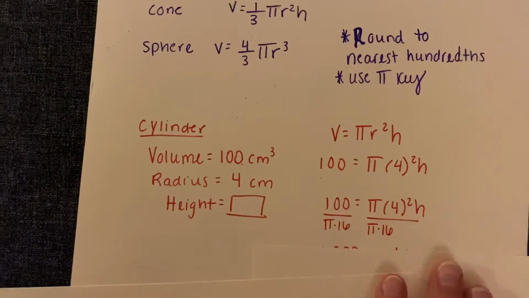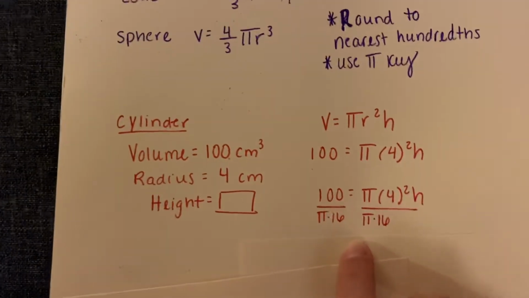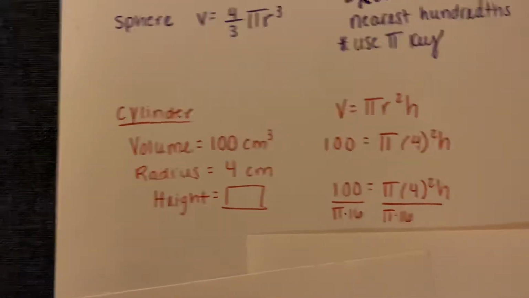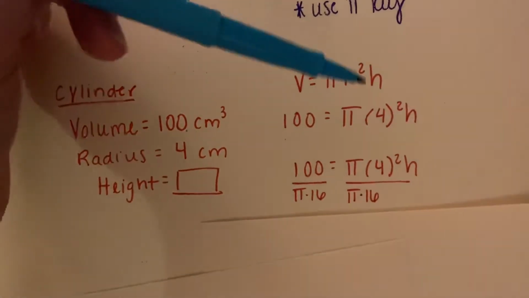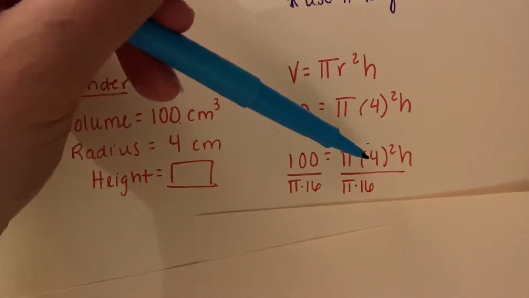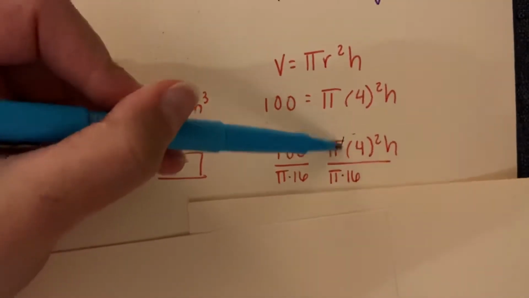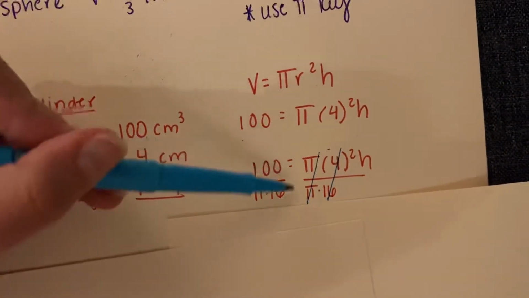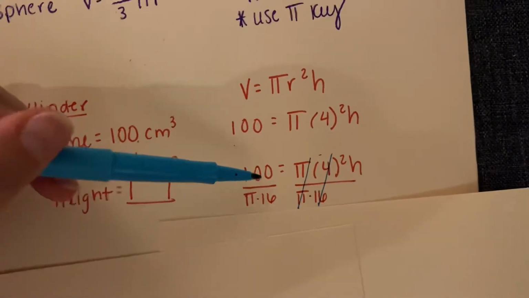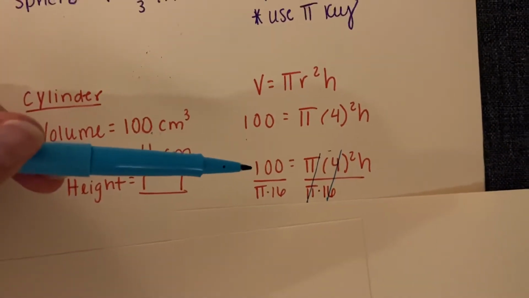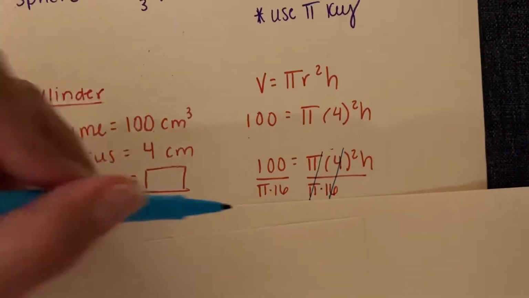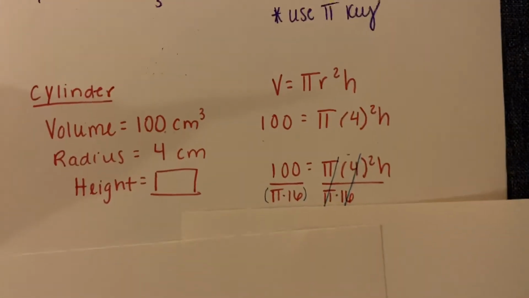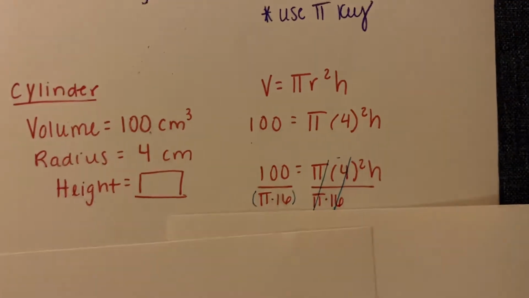So I'm going to divide both sides by pi times 16, and you're probably thinking, where'd you get the 16 from? Oh, well, that's 4 squared, okay? So when I do this, these are actually canceling out, and then in my calculator, I would just type in 100 divided by, and then pi times 16. You could put those in parentheses and just press enter in your calculator,